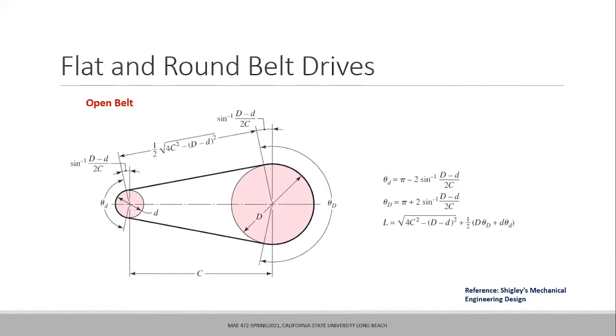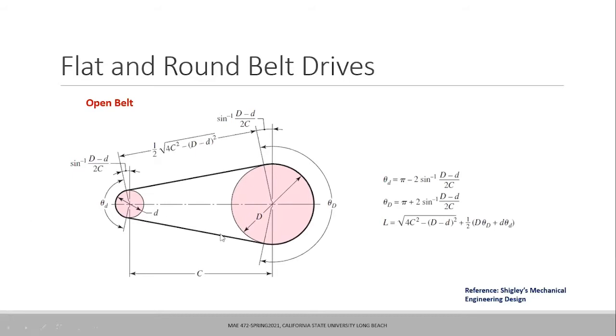Okay, so thereafter, we will now focus our attention on the mechanics of the belt drives, like what type of forces are actually coming in there, what type of belt tensions are there, and what is the role of initial tension in the belt. How can we make sure that the initial tension actually stays in there in the proper amount? So we will actually focus our attention on that. But before going through that derivation, I would just focus on these couple of slides here,